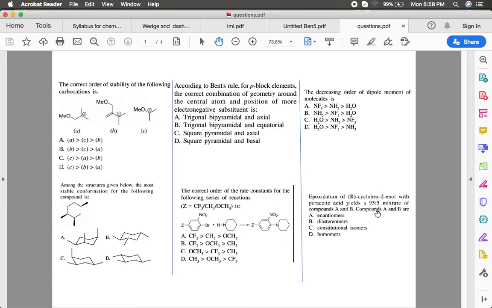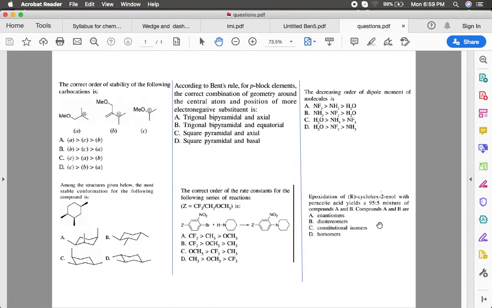The last question, the simplest of all. We already have an enantiomerically pure compound, cyclohexen-2-ol. We're going to do an epoxidation. We found a 95:5 mixture of A and B. When we already have a chiral center present in the molecule and it is enantiomerically pure,